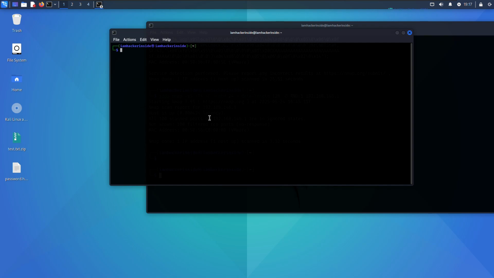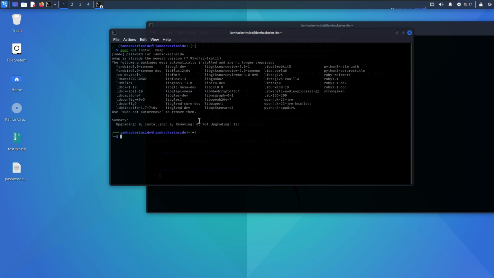Hello, I am Akash Mudukar and this is a quick demonstration of a basic vulnerability scan using Nmap on a local virtual lab environment. I am using my Linux machine for demonstration. You can see Nmap is already installed on my machine. So I am going to the next step.